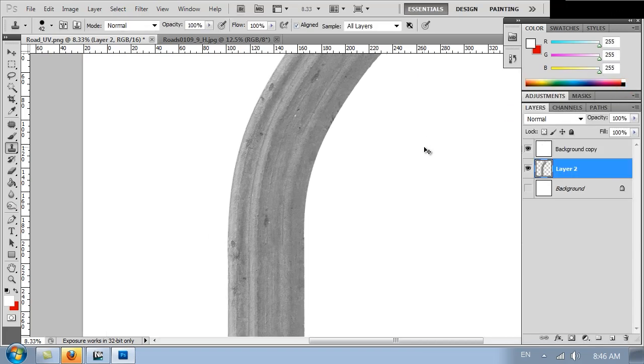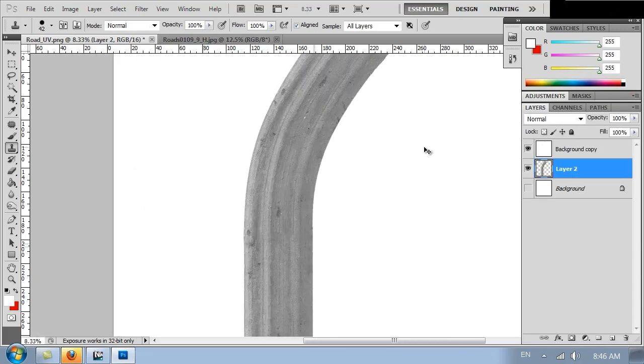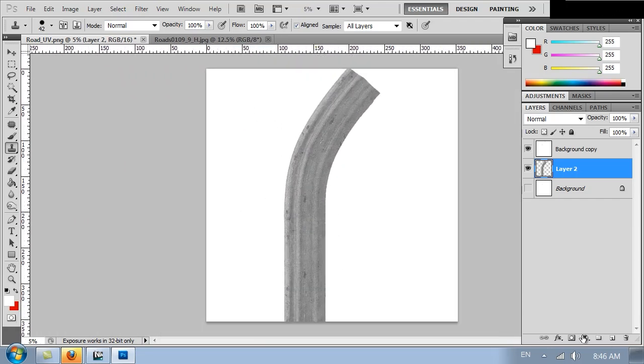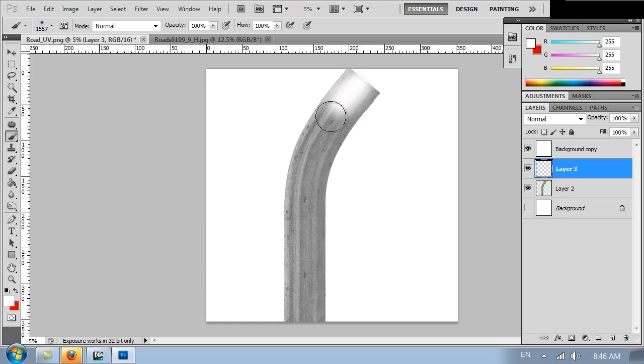Okay, and what I want to do is make the sides a bit lower than the center. So I'm going to create a new layer and I'm going to paint over it with a regular brush with white color. Just along the center here to bring it higher. Like that. And reduce the opacity. Okay, merge down,